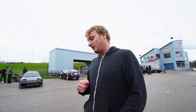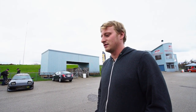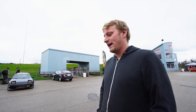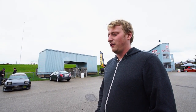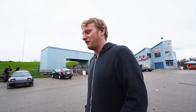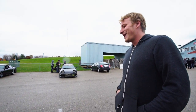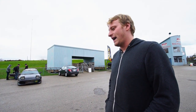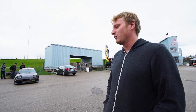What kind of exhaust you got on this right now? This is actually a custom exhaust made by a local exhaust shop in Green Bay called Exhaust Pros. I had a straight pipe that was all stainless and fancy, but it kept falling off, as you can see in some of your videos. I got sick of it, so I bought a muffler from Summit Racing, from MagnaFlow, and I brought it to